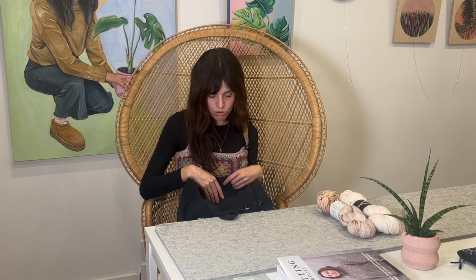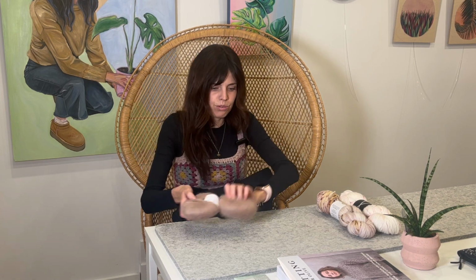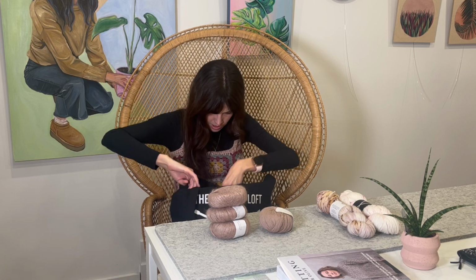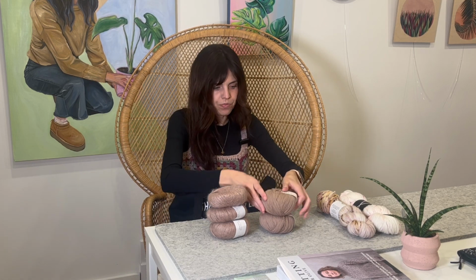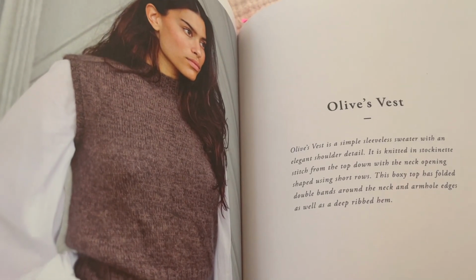Next, we're gonna get to knitting for Olive. So how about I do my smallest amount first? So we have this. Hopefully I'm getting them all here. This and this. Okay, so in the book here, if I can find it,